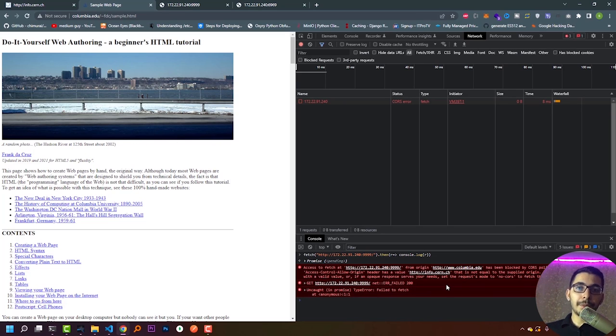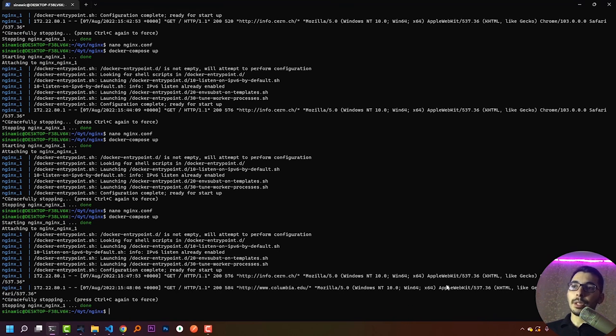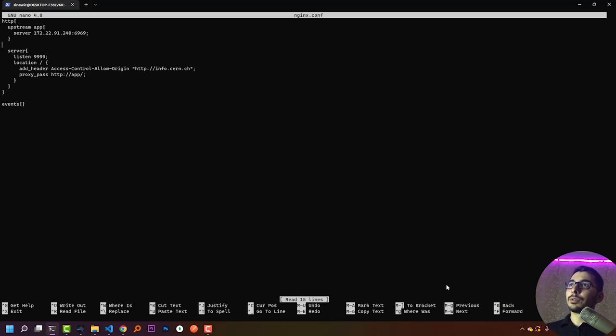So in order to give access to more than one domain but not to every domain that exists, in the nginx.conf file we have to somehow define to the nginx that we want to allow access only for some domains that we want. So if I switch to the nginx.conf file, I'll try to add a hash sign before that line to make that line a comment so that nginx will ignore it, and I'll try to add some rules over